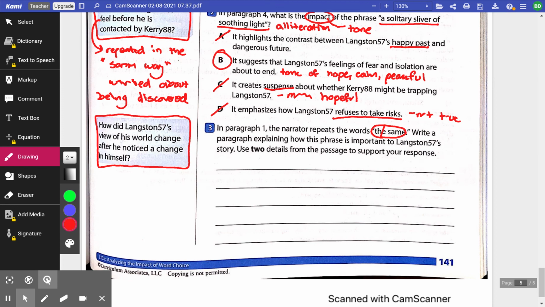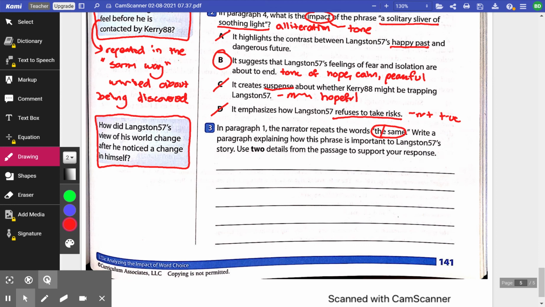So let me scroll over to my slideshow. So this is the answer that I came up with. So I want you to check your answer with mine. If you have something similar, then you're on the right track. You are also welcome to copy this down into your workbook or on a scratch sheet of paper, however you want to do it. Don't erase your answer because I want you to be able to go back and look at your answer, but I want you to copy this down as well.